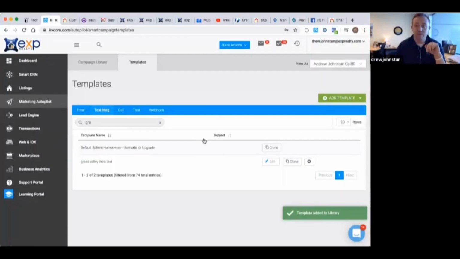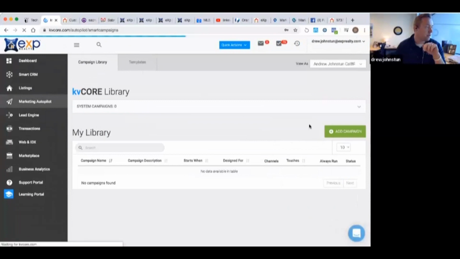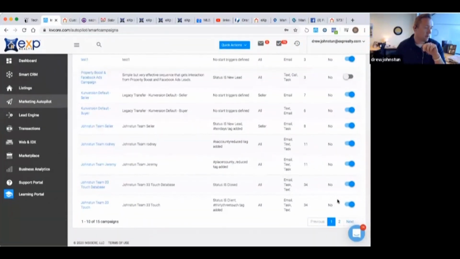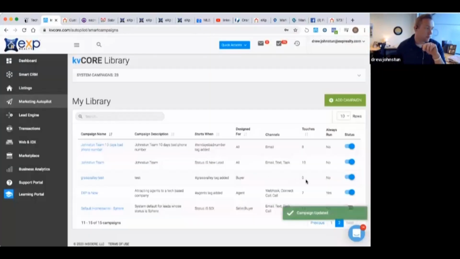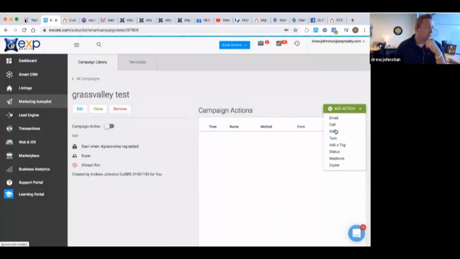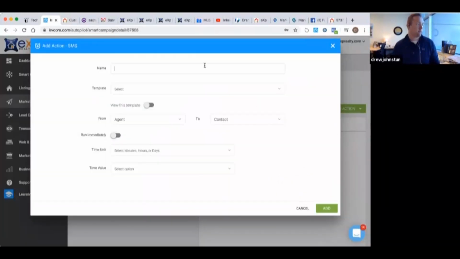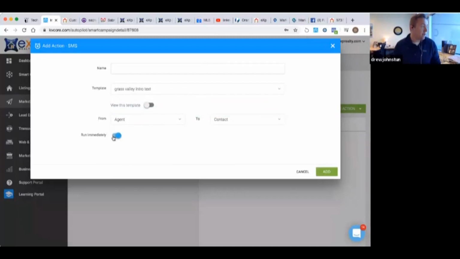And so when I put myself on there, what we can do is go back to the campaign library, back to our campaign. We can turn it on, and add that text message to it. So what was that? Grass Valley text. We'll immediately have that going out.